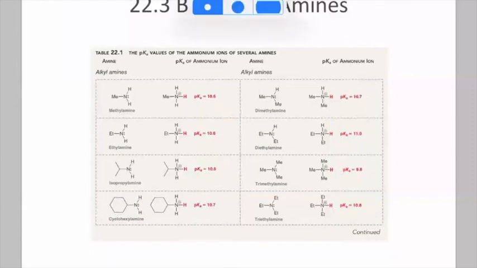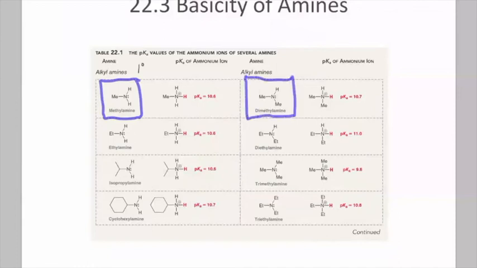Okay, so let's take a look at three closely compared ones. This would be methylamine. This would be just a primary amine with the methyl group. We have dimethylamine, a secondary amine with methyl groups. And then we have trimethylamine. Now we have a tertiary amine, all with methyl groups, okay? And so looking at these pKa's,